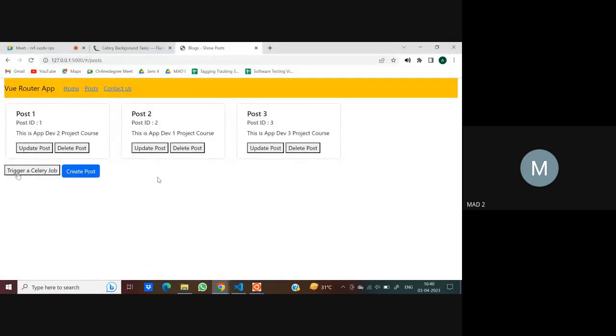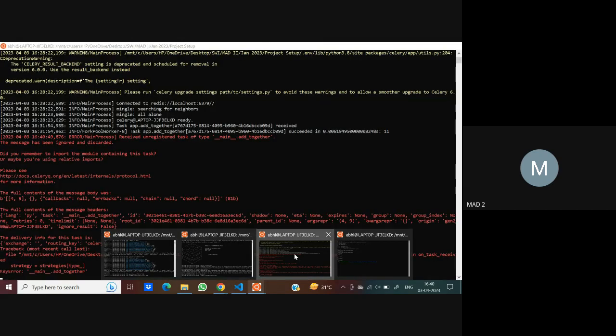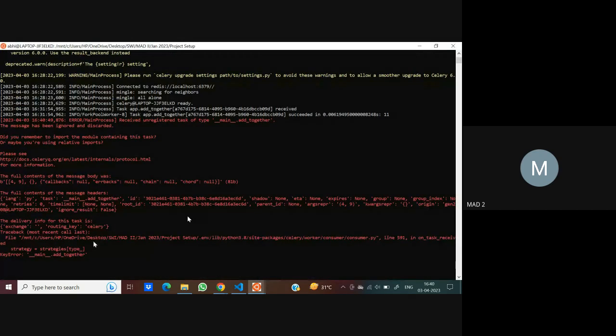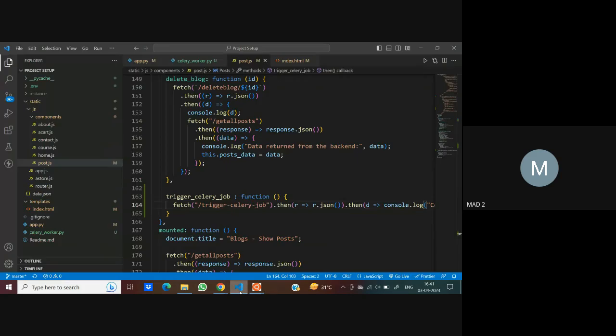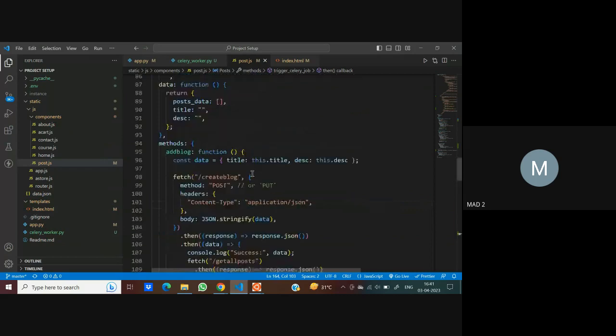And now if I click on this button, I should see one job being dispatched to the salary system. So I have clicked on it once. Let me see if the salary system has received something. Yes, it has. And what it is saying is: received unregistered task of type main.add_together. Okay, this is probably due to